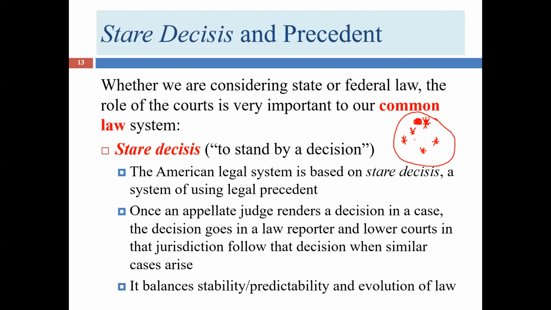A good rule of thumb is if a country was once part of the British Empire, if English is a major language in that country, for example, probably they have a common law system. So we see common law systems in countries like Ireland, Australia, South Africa, India, the United States, Canada, and several other countries. Now that doesn't mean we don't have statutes, obviously we do, but we have a reliance on these legal traditions that's quite a bit stronger than you would see, say, in France, which has a Napoleonic code.